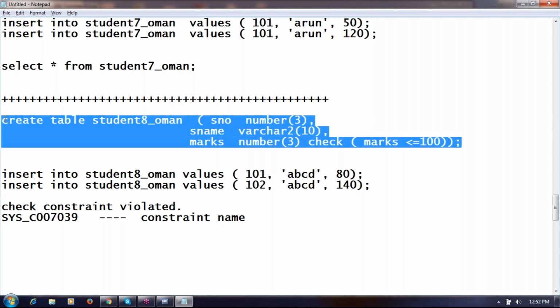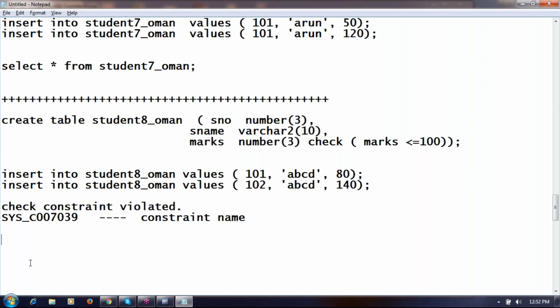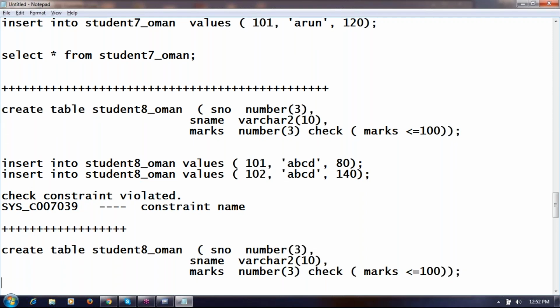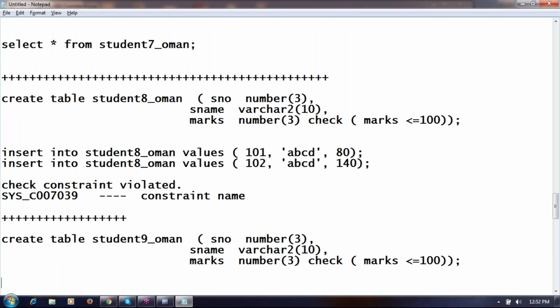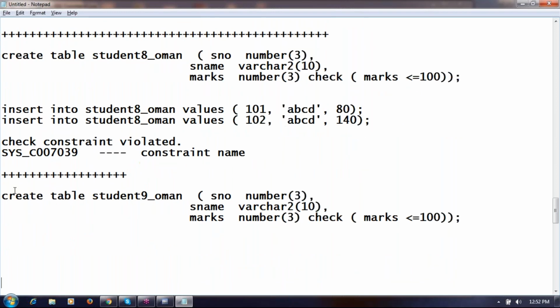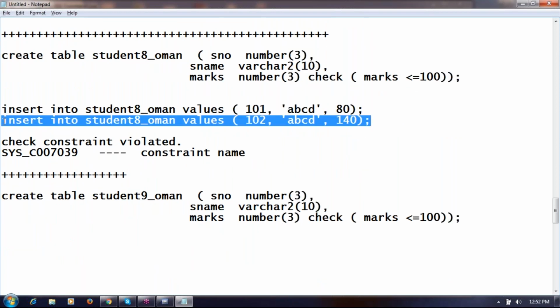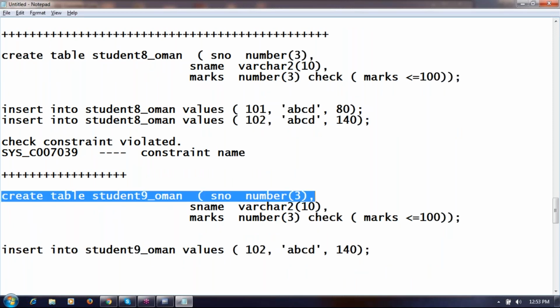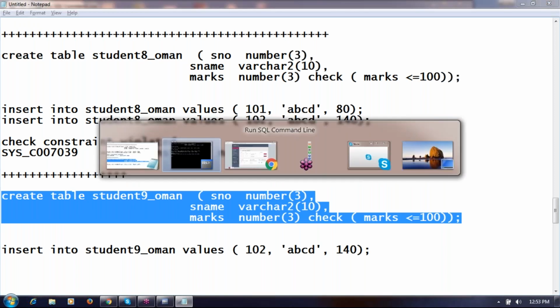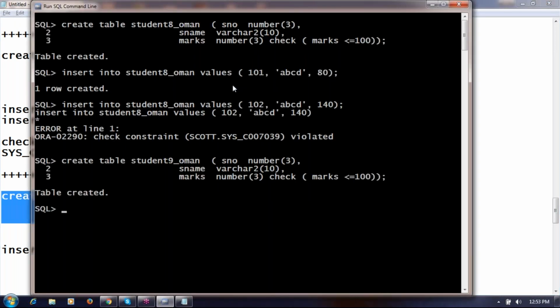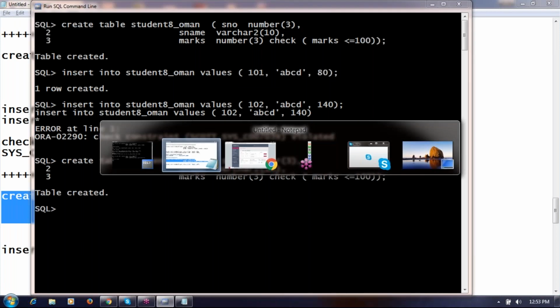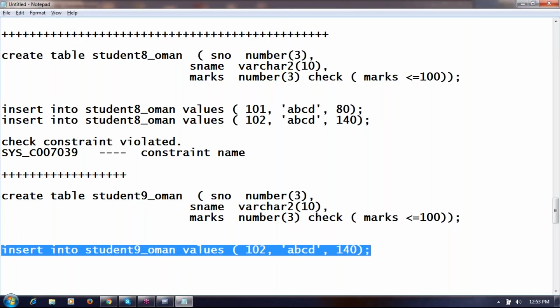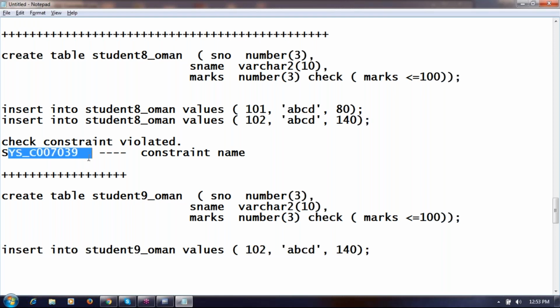Second example, have a look at this. Same query. Student9. Table created. Now this will give you an error. Jamal, can you get the error message? Error message is check constraint violated, followed by one constraint name.